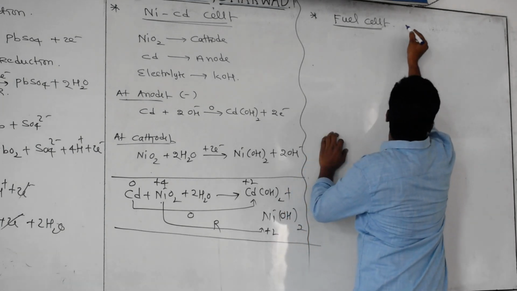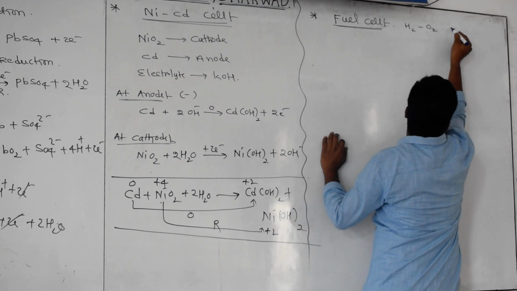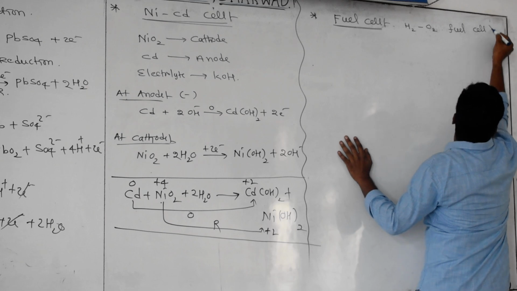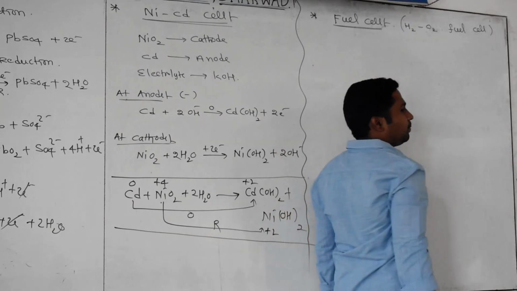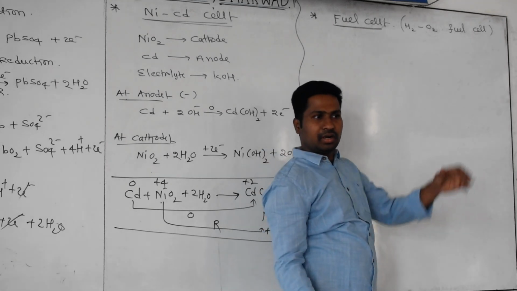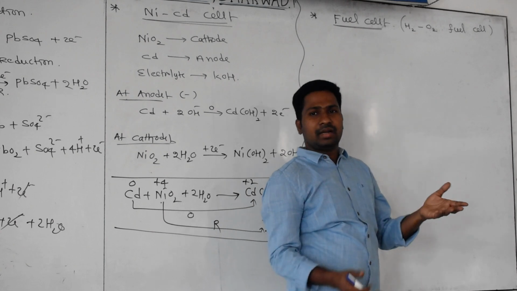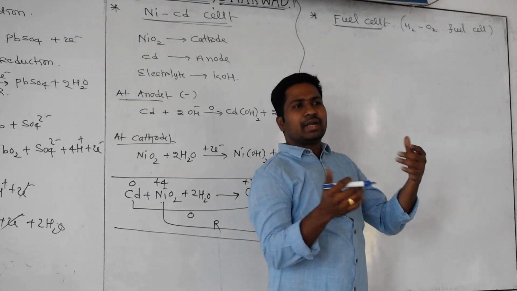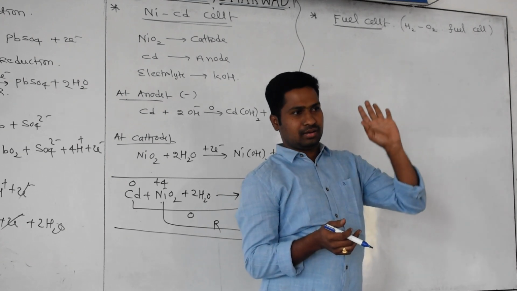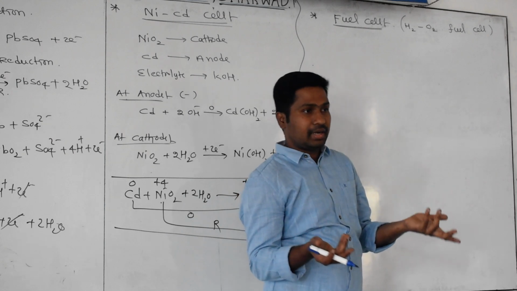One of the best fuel cells in our electrochemistry is the oxygen hydrogen fuel cell. By using oxygen gas and hydrogen gas, we produce the power. It is also very low cost, because oxygen is available in the atmosphere and hydrogen is also available; we can get it in the lab. And after getting power, we do not get any waste or dangerous products. We just get water as the final product, and also a lot of electrical energy.